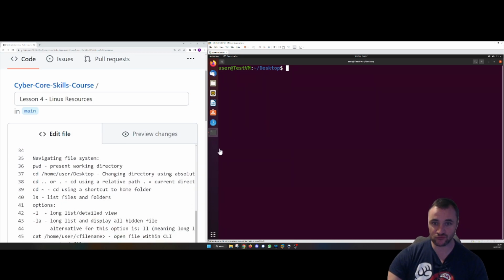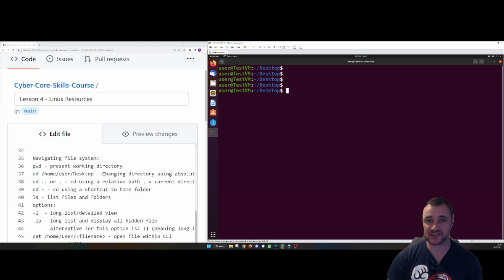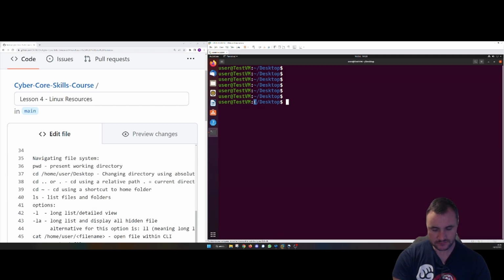So our first real command, when we talk about navigating the file system or a folder structure effectively, is to see where we are. I know our prompt tells us where we are: tilde, desktop. That tilde indicates our home folder, the home folder for that user. The home folder for a root user will be a different place. And our home folder for this user, by typing pwd, is located